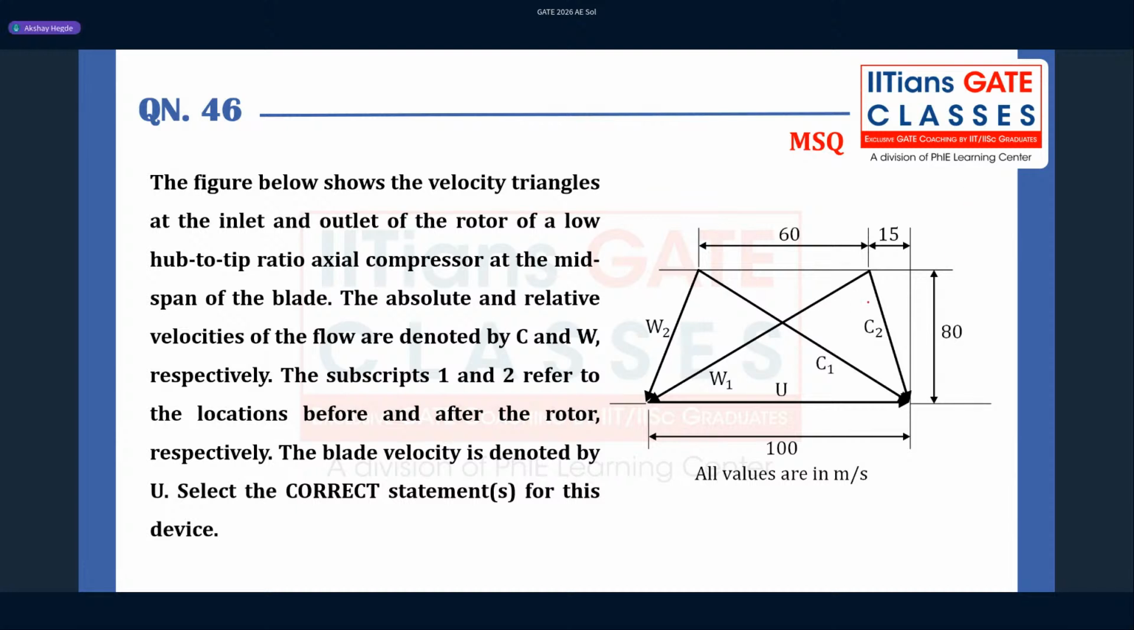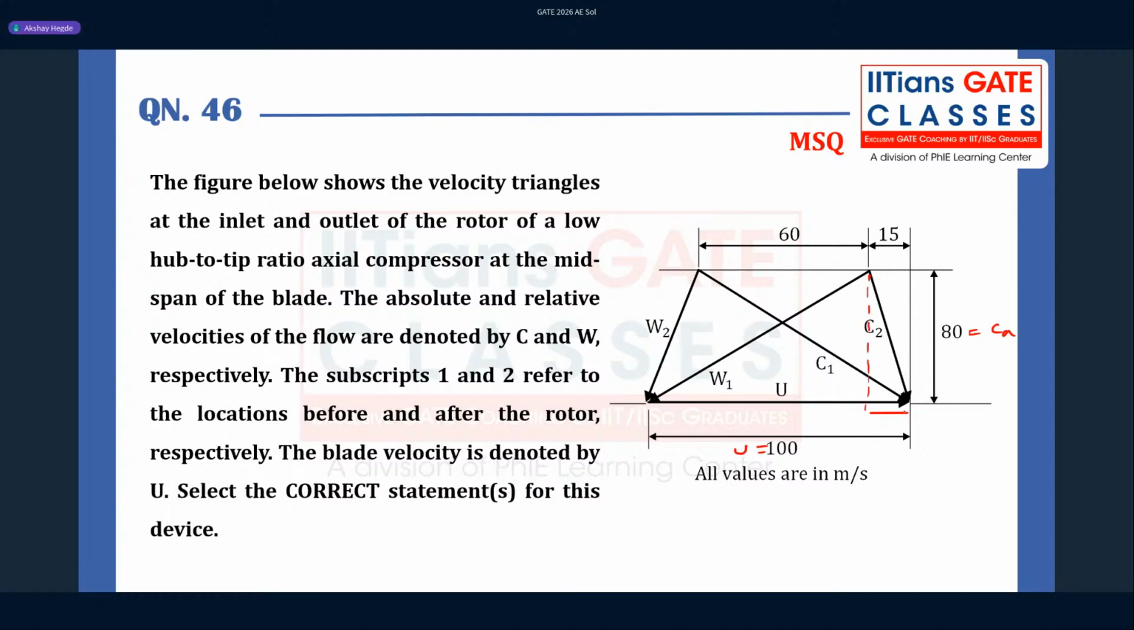So what are the information that we have here? I have blade velocity U is 100 meter per second and axial velocity CA is 80 meter per second. This is the information I have. Also I have,